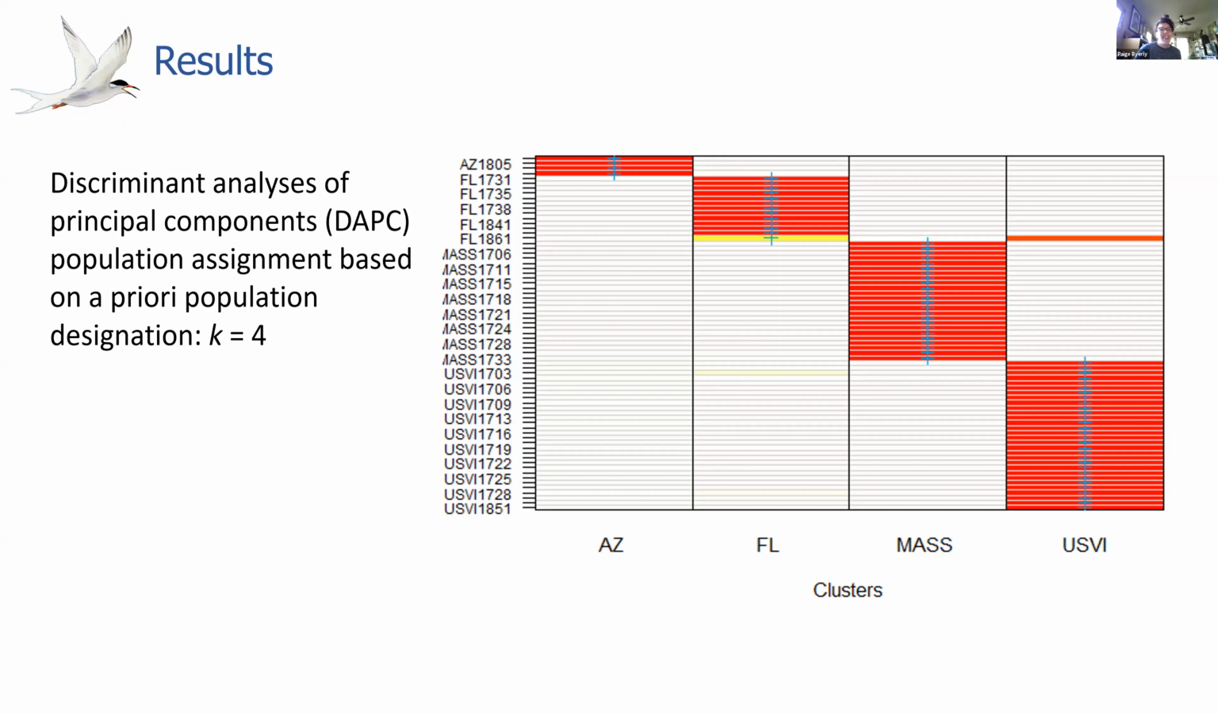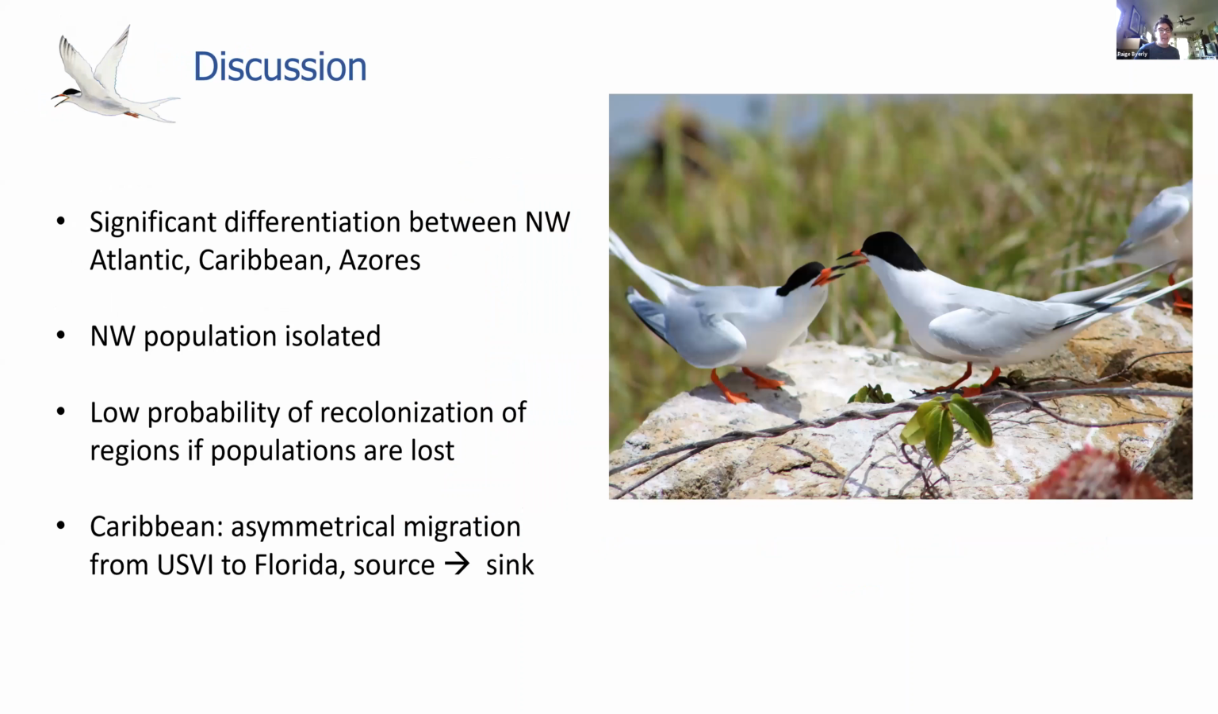So just breaking it briefly down, because I don't want to run over, we saw significant differentiation between the Northwestern Atlantic, the Caribbean, and the Azores population. We see that the Northwestern population in particular is isolated, so there's no gene flow into or out of that population. This suggests there's a low probability of recolonization of these regions if any population is lost. So if we lose the Northwestern population, it's unlikely that there'd be natural recolonization from the Virgin Islands population. We also saw asymmetrical migration from the USVI to Florida. This suggests that Florida is a sink population, taking in individuals, but not producing migrants that are moving out elsewhere